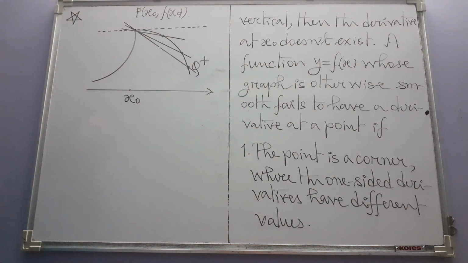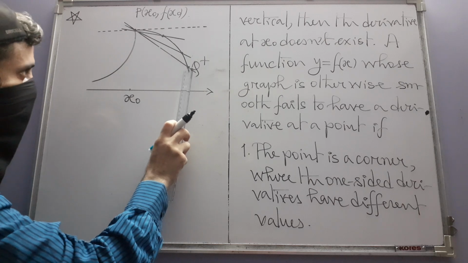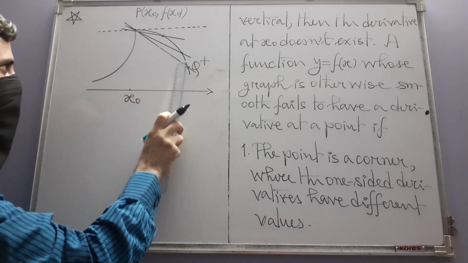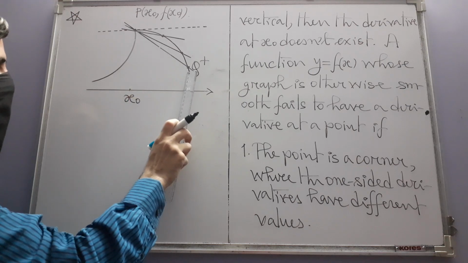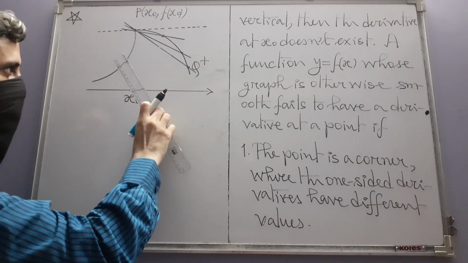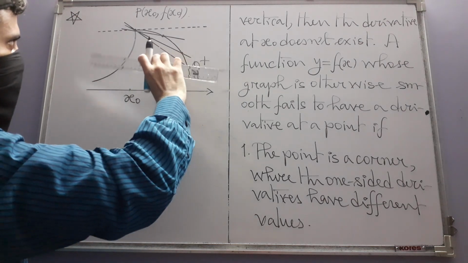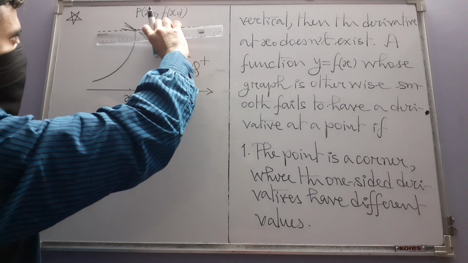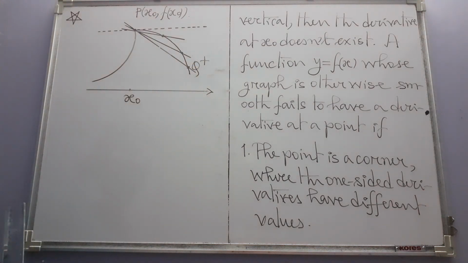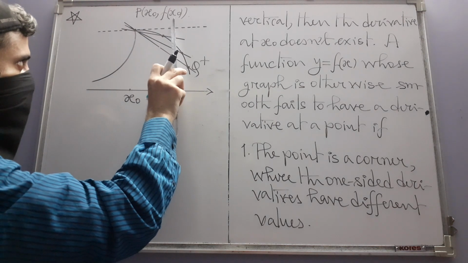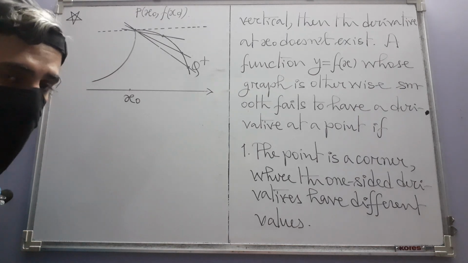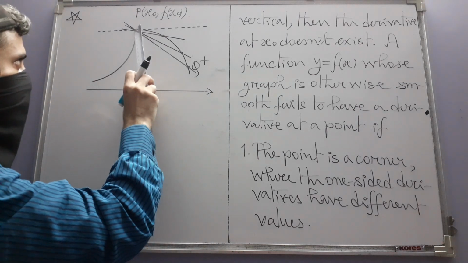Okay, when we consider Q to the right of P on the graph and then move Q towards P, always being on the graph, the corresponding secant moves like this, and when Q approaches P, the secant lines should approach this line,